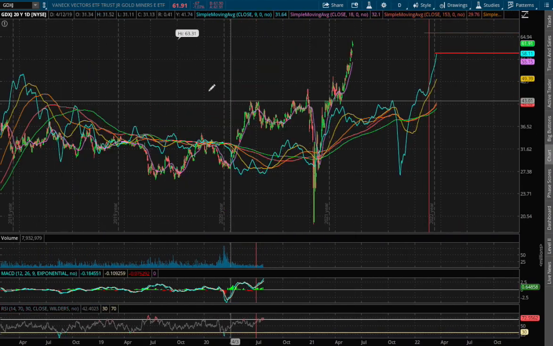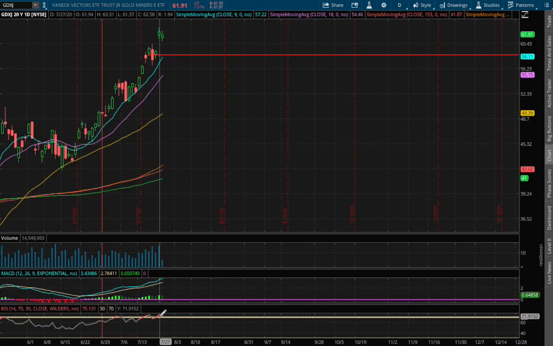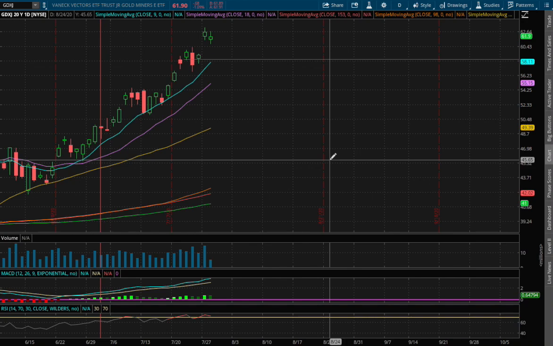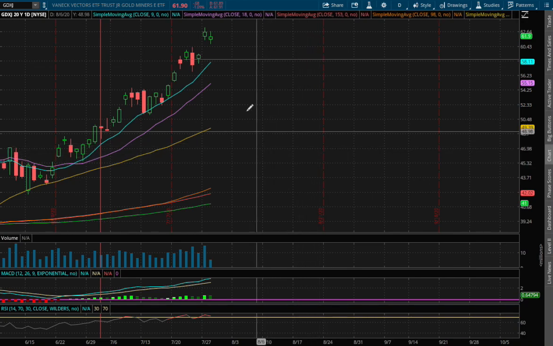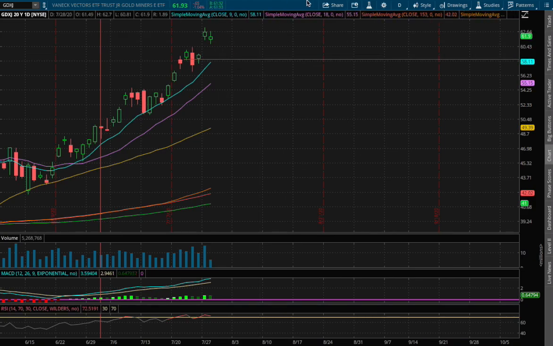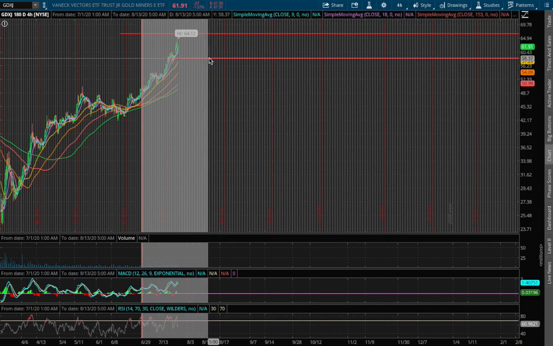If we expand that further onto the daily chart, we're still overbought on the daily RSI. We see no signs of it diverging, so the momentum is still to the upside, and this bottom range could act as our immediate support. And if we take a look at our trade idea of the week, that will be our entry point for